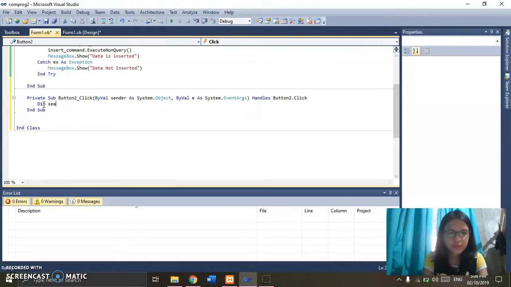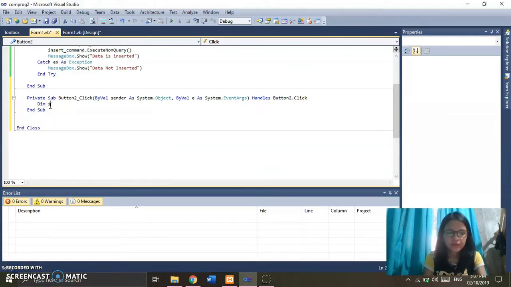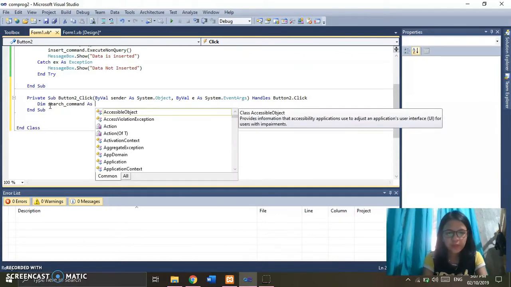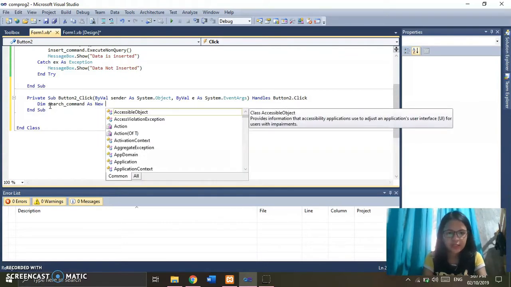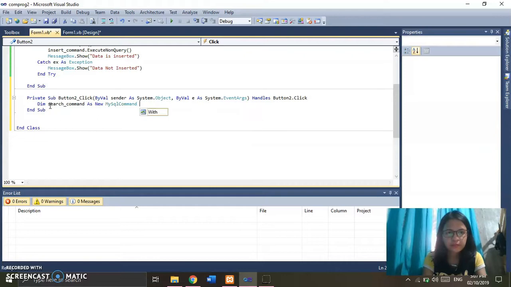So Dim searchCommand. So Dim search underscore command is our another variable. Search command is our another variable for our retrieve button as new MySQL command. So by retrieving